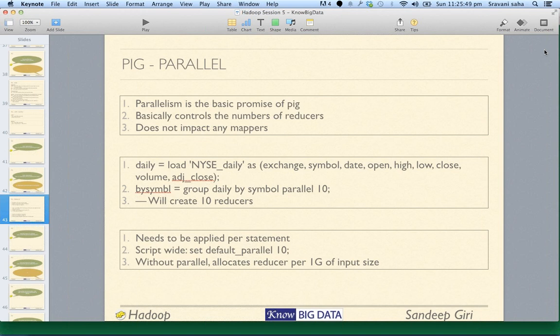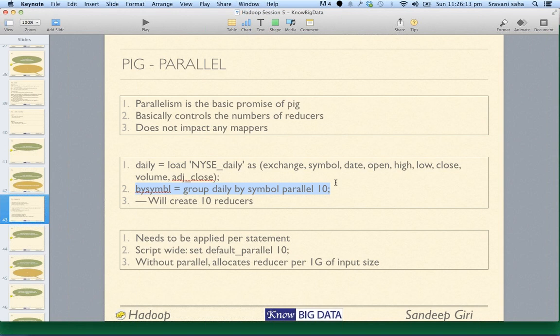To say that I want to do it on multiple reducers parallelly, Pig comes up with a construct called parallel and then a number, which you can combine with almost all the operations. Say for example here,